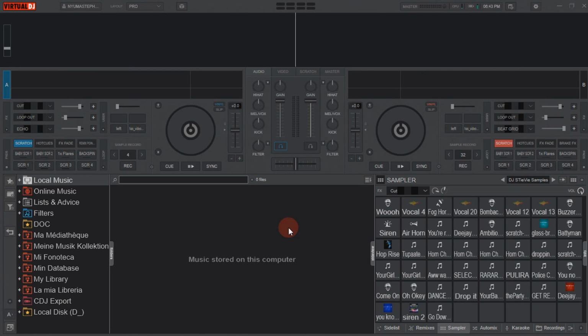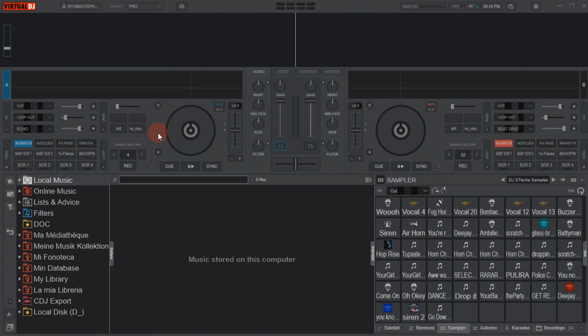The first one is by using the custom button. Where you can find the custom button, it's near the deck. Here, these four boxes, these are the custom buttons. Okay, even on deck 2 they are also there. Okay, now for you to set